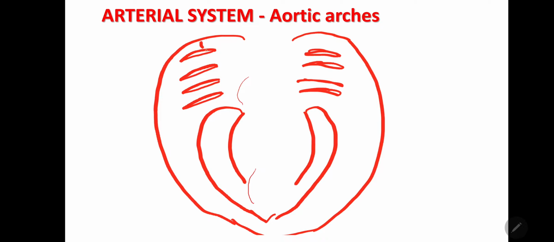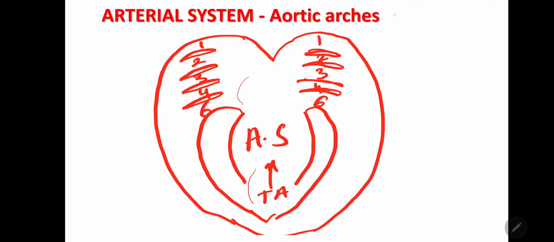So you have first arch artery, second, third, fourth and sixth, which are opening into this aortic sac, the distal portion of truncus arteriosus. So fifth arch artery neither develops, or it develops but it will degenerate. So there will be these 6 pairs of aortic arch arteries, and these arch arteries, when you see in the